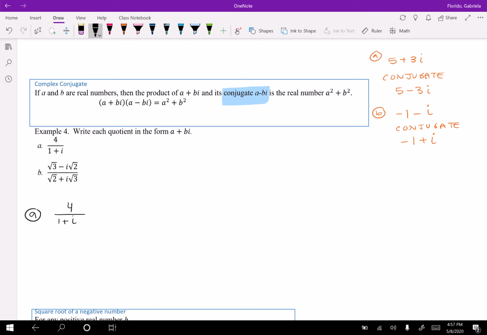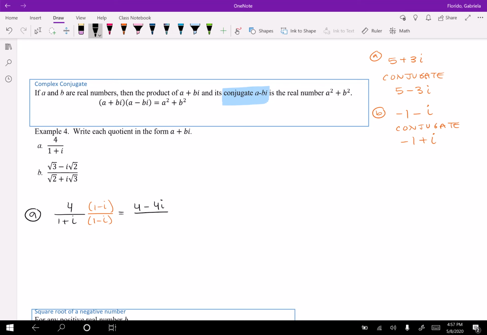Well, why don't we multiply by the conjugate? If we multiply by the conjugate, we know that we're going to end up with just one single number in the denominator. We won't have to deal with any imaginary parts. So I'm going to multiply by the complex number top and bottom, because we still have to maintain the original expression here. So I'm going to multiply by the conjugate, which is going to be 1 minus i. So we're going to do FOIL. This is going to be 4 minus 4i